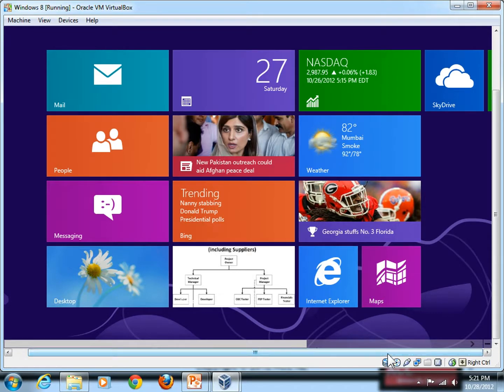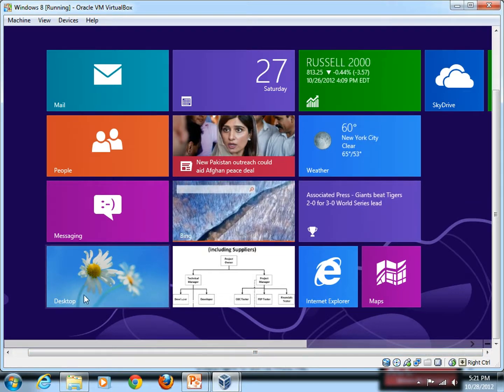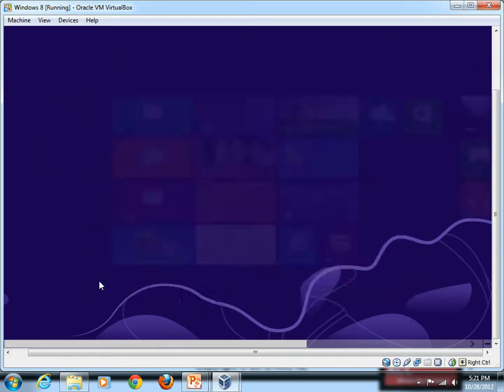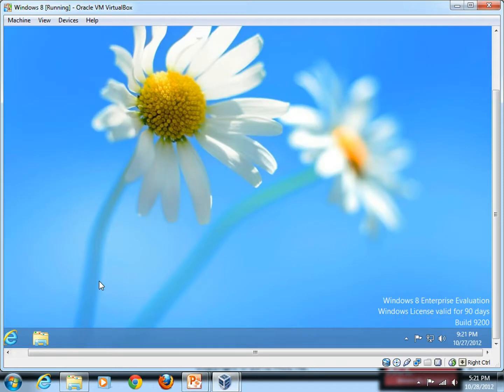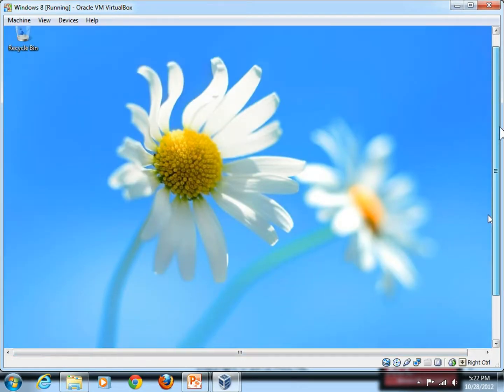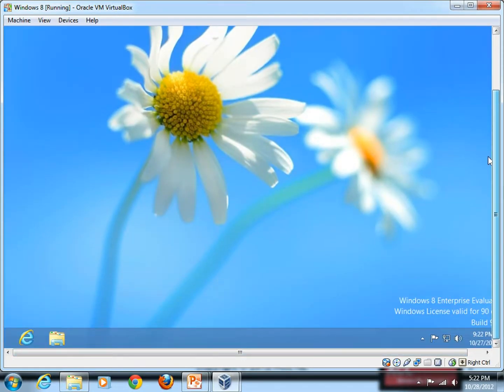But if you really want to see your actual desktop just like Windows 7, you need to click on this one. So this one is the real desktop. This icon out here with a couple of sunflowers. So when you click on this one, look, that's your desktop. So it looks so good, is it not? It's a completely new picture out here,